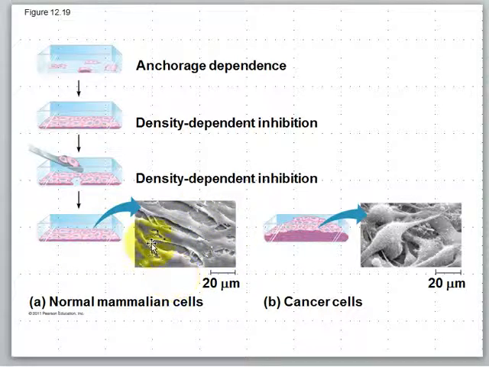And notice if you look at these cells, they are closely packed together, but they're not in a big lump on top of each other, multiple cells, and that type of thing. Compare that to some cancer cells. Cancerous cells will reproduce out of control, and you'll see that they will go well beyond this density-dependent inhibition, and they will continue to reproduce beyond what's necessary or beyond what's good.